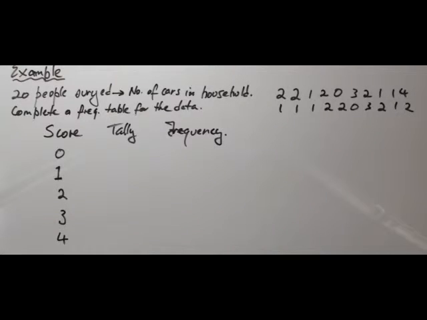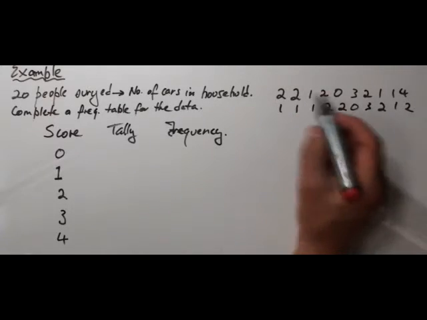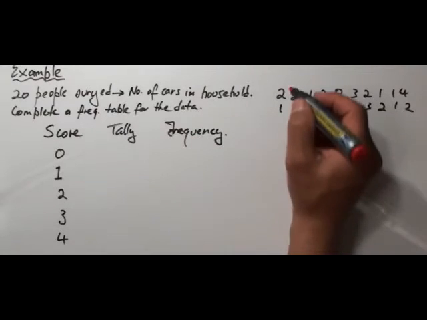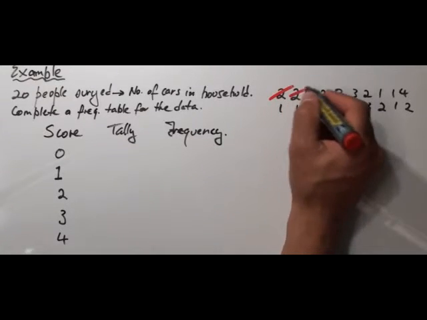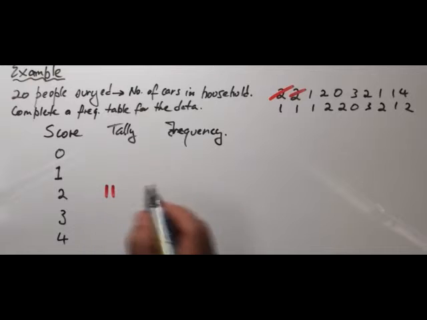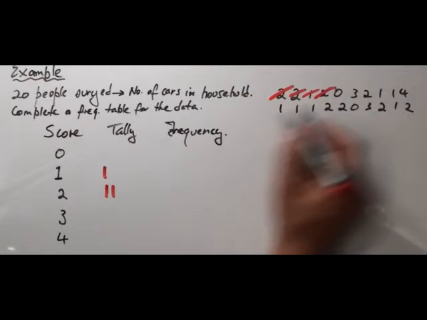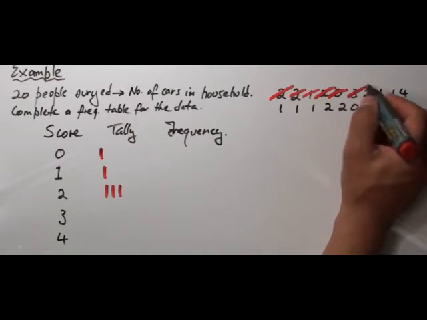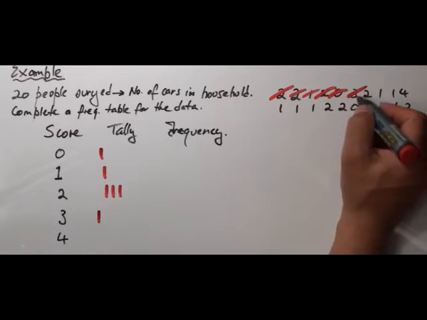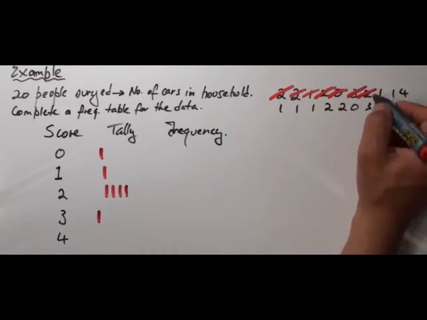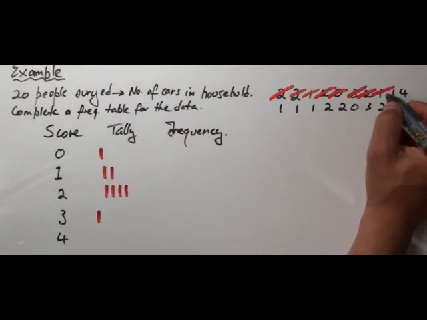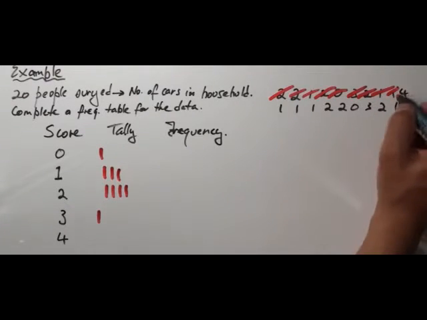And as we go through our data, what I recommend you do is you go through each one and just cross it off and then mark it on your table. So we've got 2 2s, so we'll just put a tally of 2 there, 1 once, another 2, 1 0, a 3, another 2, a 1, another 1, a 4,